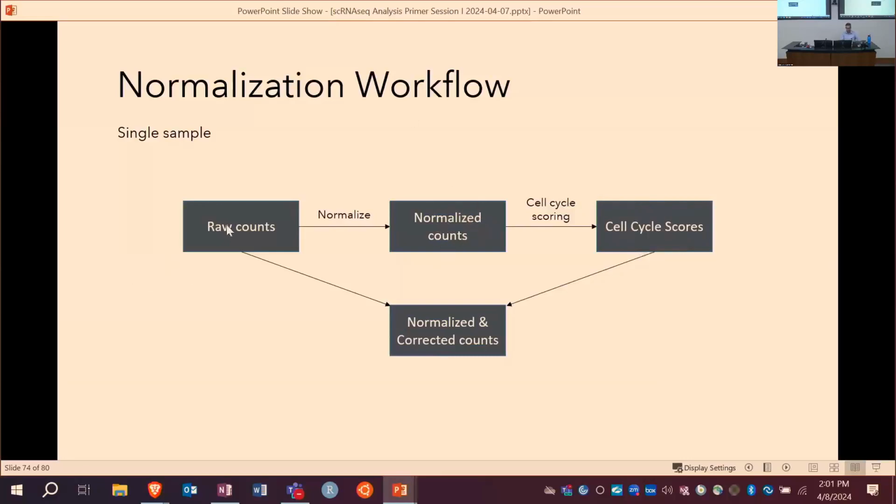So essentially we take our raw counts, we normalize with SCTransform, we calculate the cell cycle scores using those normalized counts. And then we take those cell cycle scores and do the normalization again from the raw counts, but using the cell cycle scores for correction for the cell cycle. And we'll just delete or ignore this initial normalization step or output,